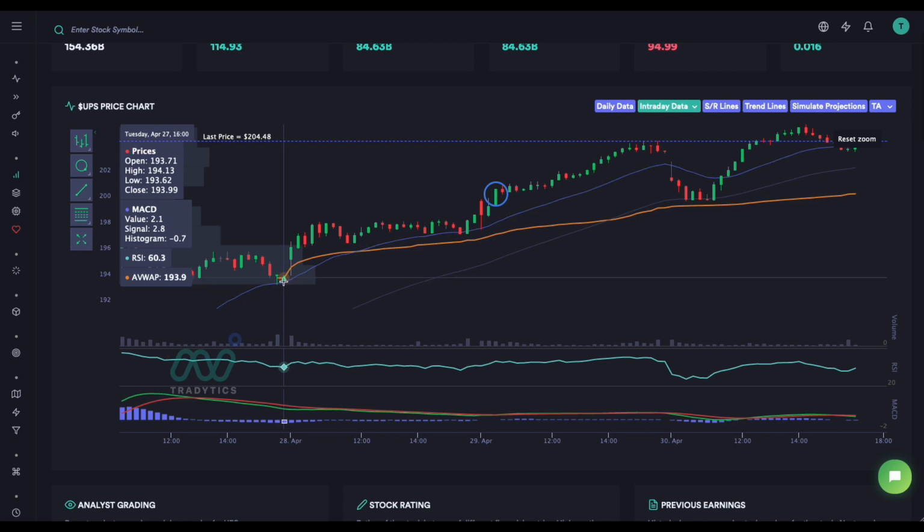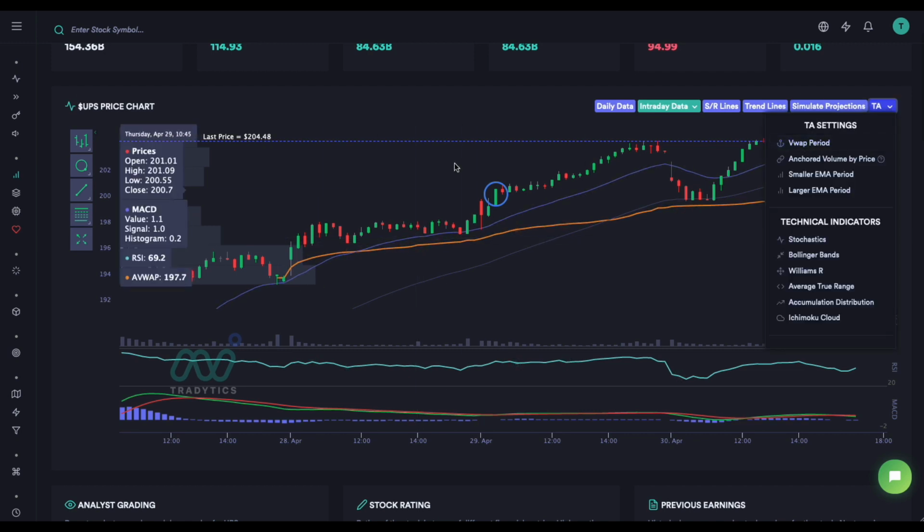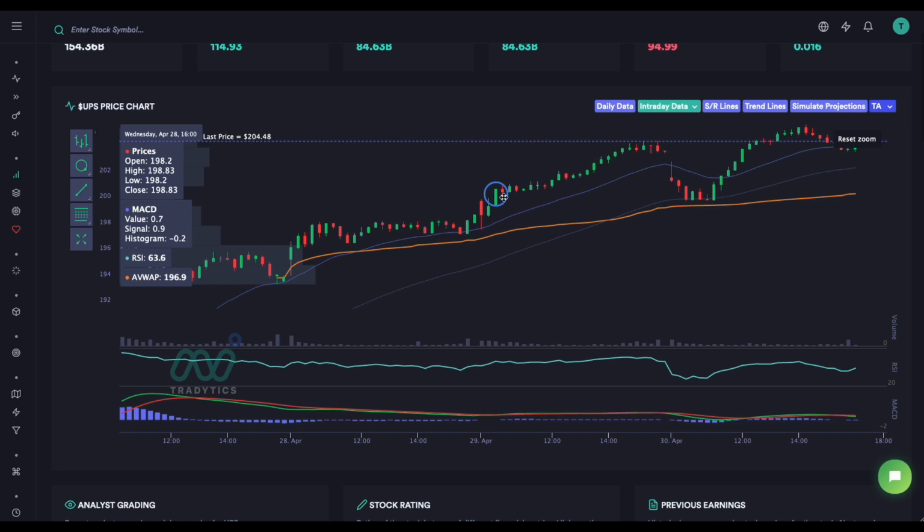Whenever we want to find support areas, we go to the lowest lows to anchor it, and whenever we want to find resistance areas, we go to the latest highest high. You can change the time period by going to this VWAP period. So this was where the alert was given. At this point in time on the 15-minute chart, we can see that the price was right above the 20 moving average. This is the 20 moving average, and then we had the 50 moving average below the current price. However, you can see that there was also a resistance here